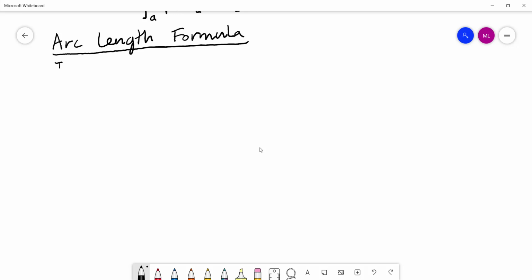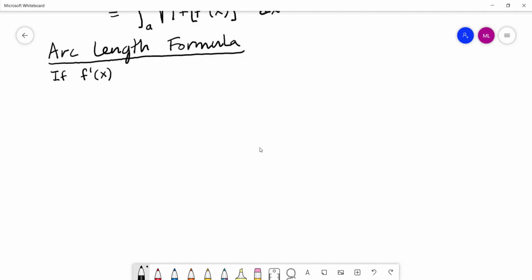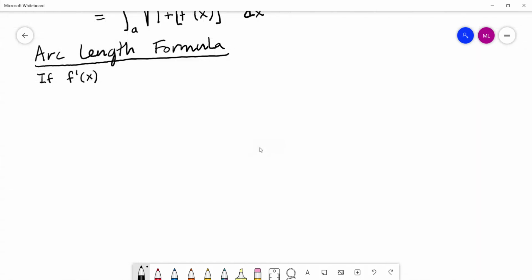So basically what it says is if our function f prime of x is continuous, so we need that the derivative to exist. So the original function needs to be continuous, and its derivative also needs to be continuous. So if f prime of x is continuous on the interval from a to b,